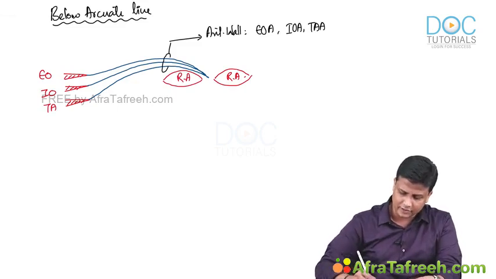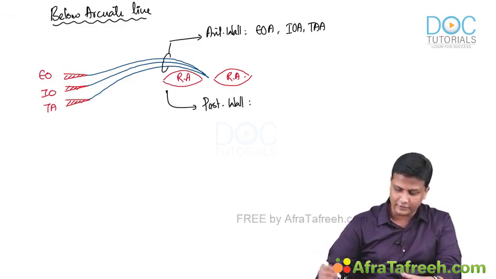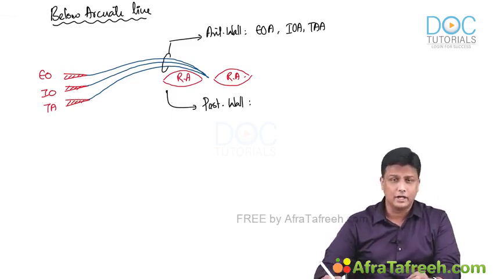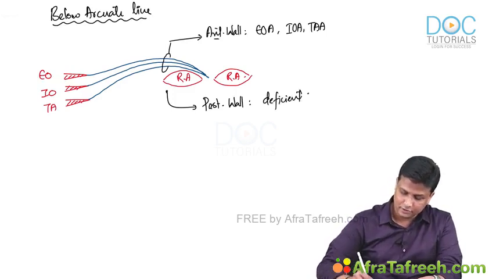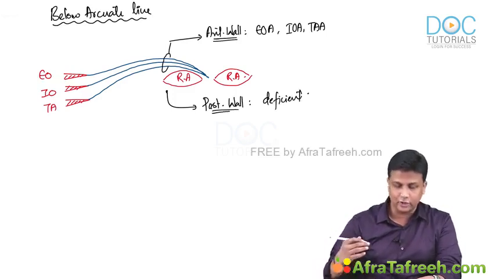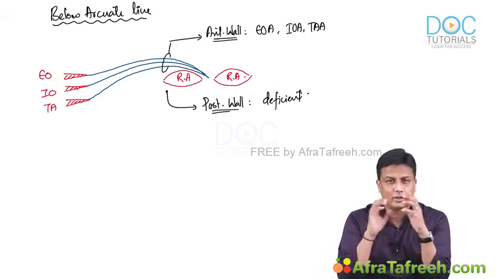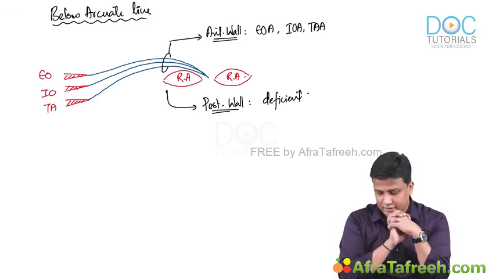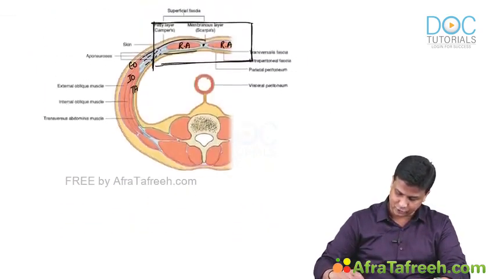Then what is going to form the posterior wall? Remember, the posterior wall of a rectus sheath below the arcuate line, you don't have that one. It is actually deficient. So all the three aponeuroses are going in the front only, but the posterior wall, you don't have that one, guys. The posterior wall is deficient here. That's the reason why, if you observe this first diagram which I have shown you,